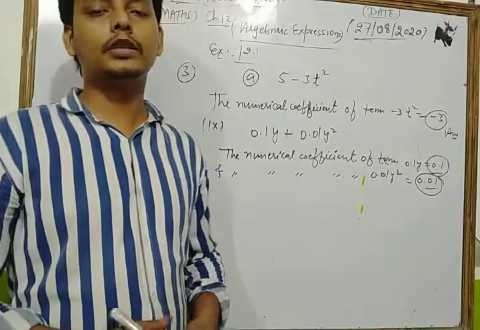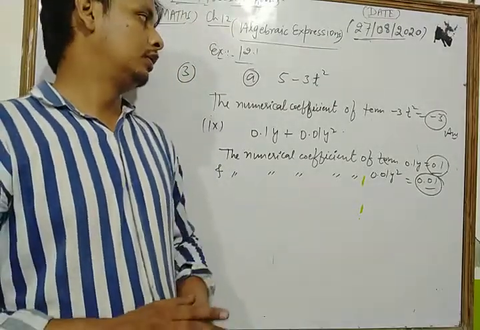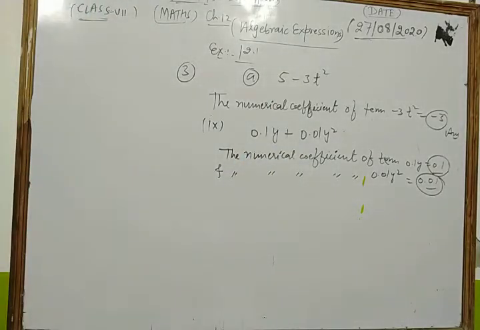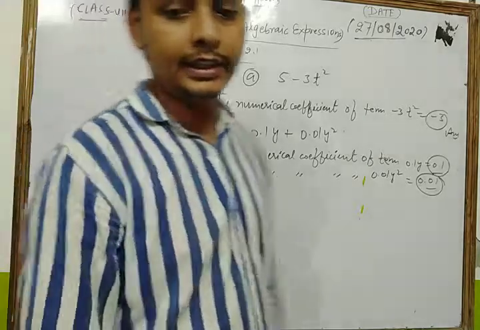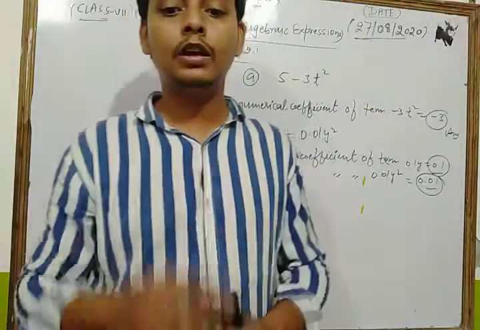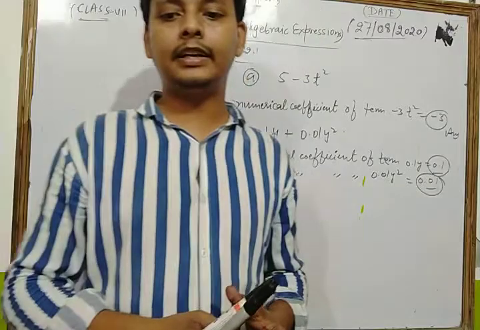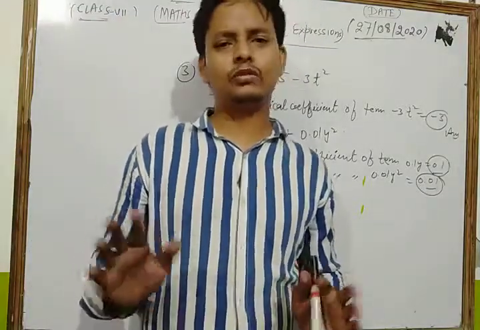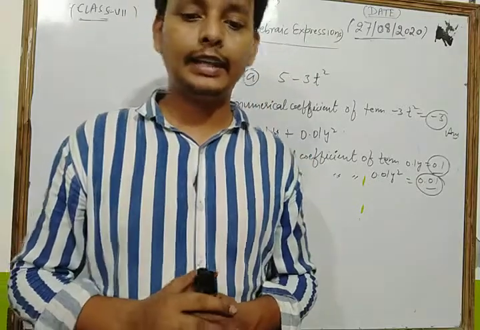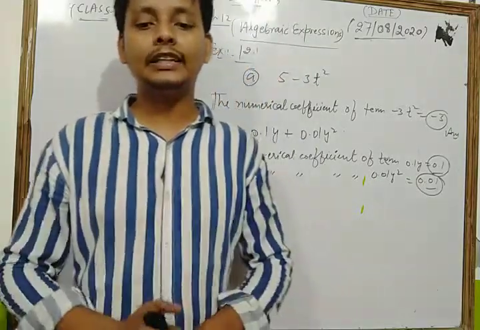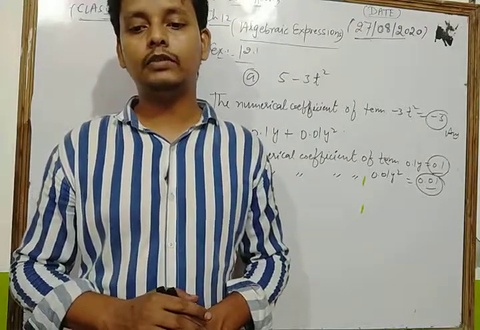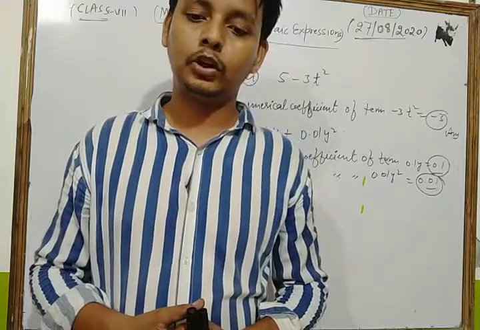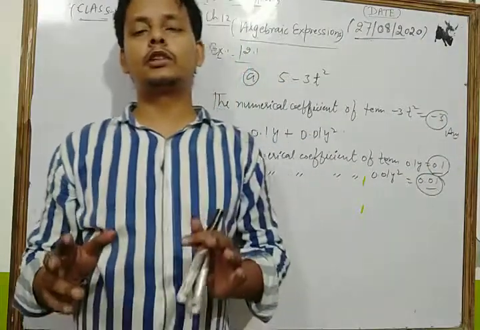So dear student, in this way you can solve each and every question of your NCERT exercise based on this concept. Similarly, the fourth part of this question is: identify the term which contains x and give the coefficient of x. This question you can also solve very easily. The next part is: identify the term which contains y square and give the coefficient of y square. You can solve this too. Then classify into monomial, binomial and trinomial. So dear student, I will just discuss that.